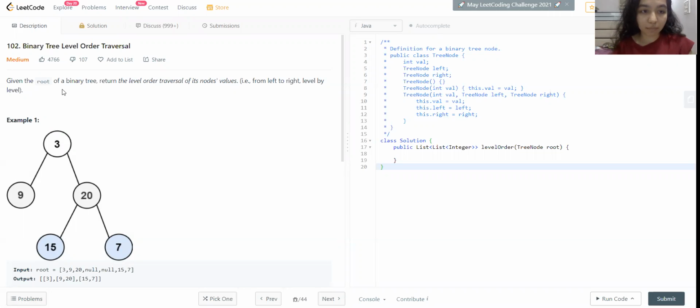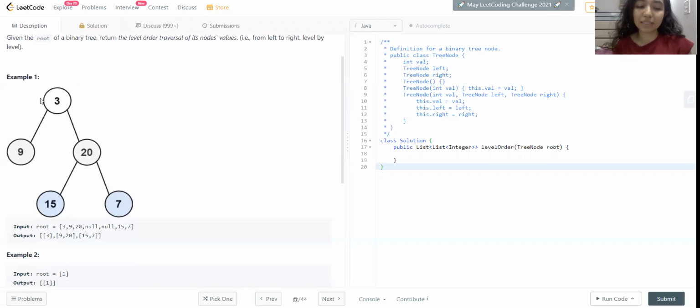Given the root of a binary tree, return the level order traversal of its node values, that is from left to right, level by level. So this is basically a generic level order traversal, which is breadth first. We should ideally prefer breadth first search because that is what a level order traversal is. So let's see what we have to